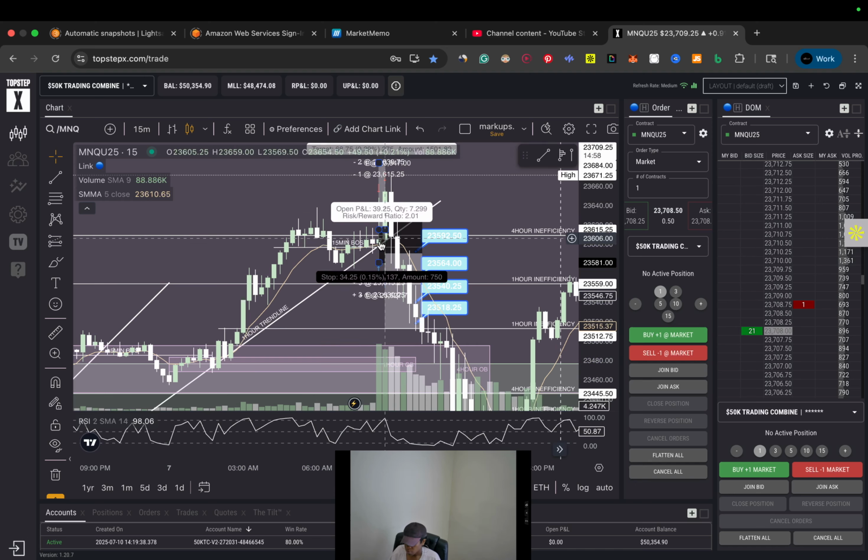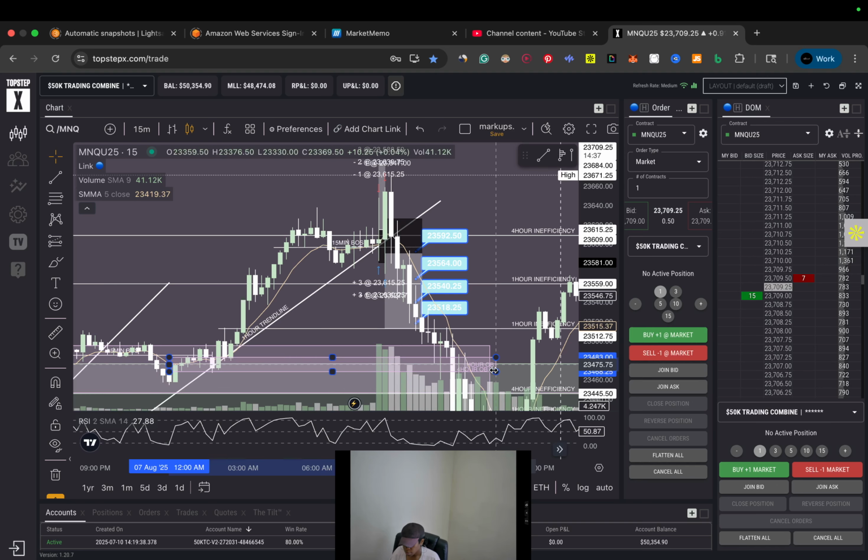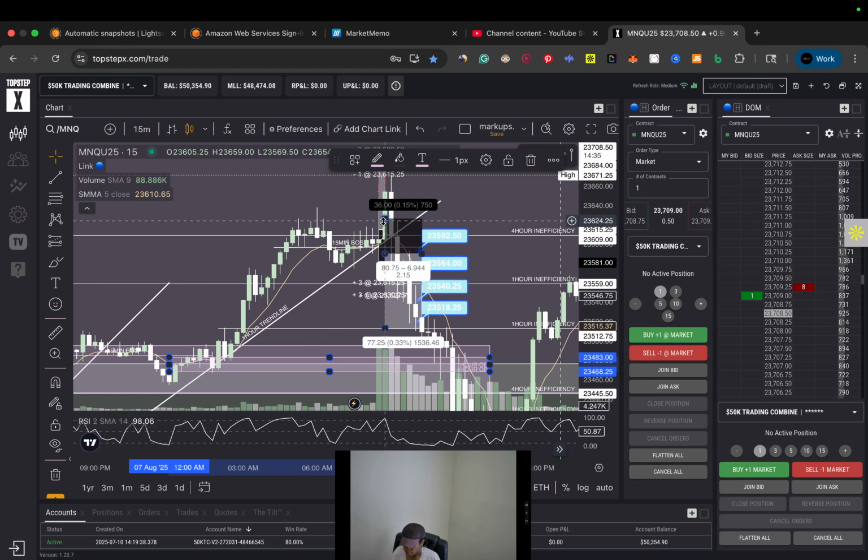And so basically I was looking for price to push down into these levels. That was from the night before because I marked up the chart the night before. So my anticipation was that price would move down through all these Fibonacci levels back down to this 1 hour order block, which price ultimately did. However, you can see right there at 8:45, price pushed above my